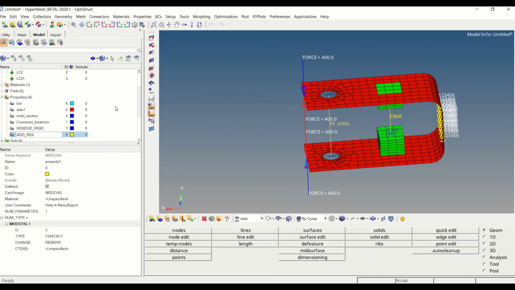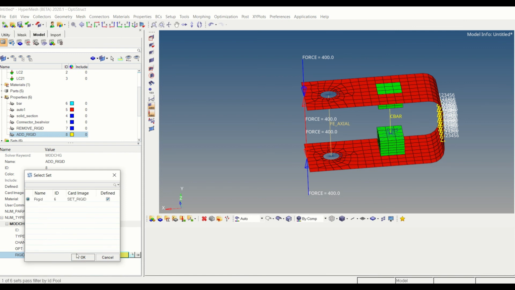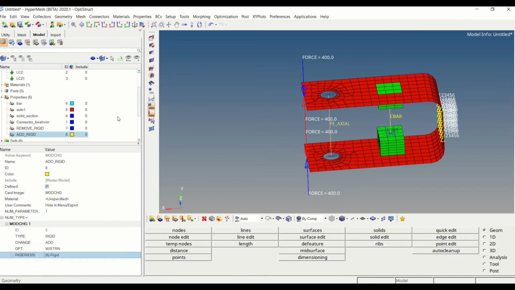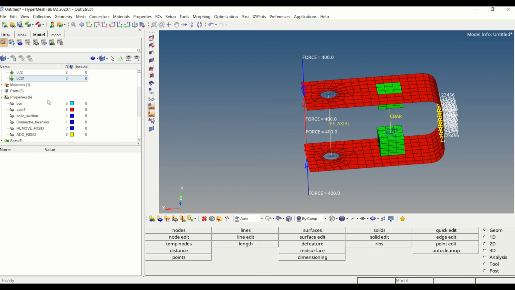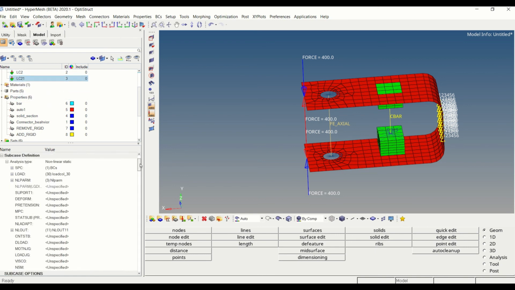Let us give the name as add the rigid element. Under that, set the type as rigid and the change type as add, and we have the with strain and without strain options here. I am going to select the with strain option and select the rigid set here, and this model change property I am going to select under the third load step.